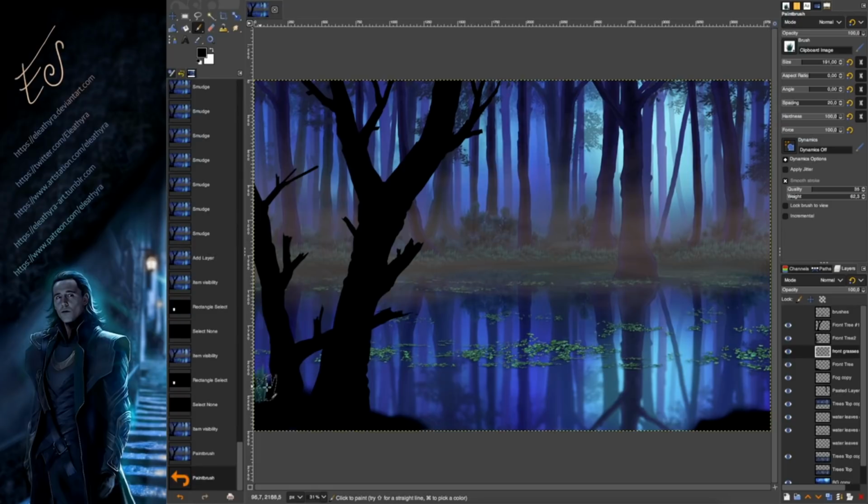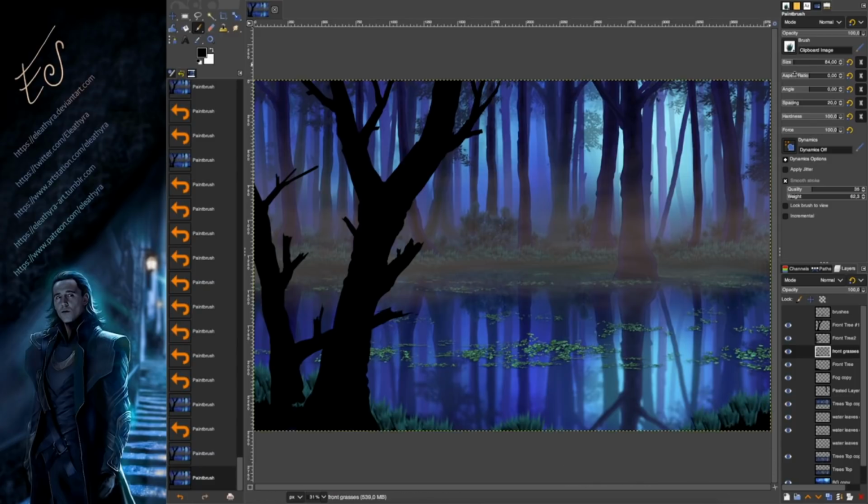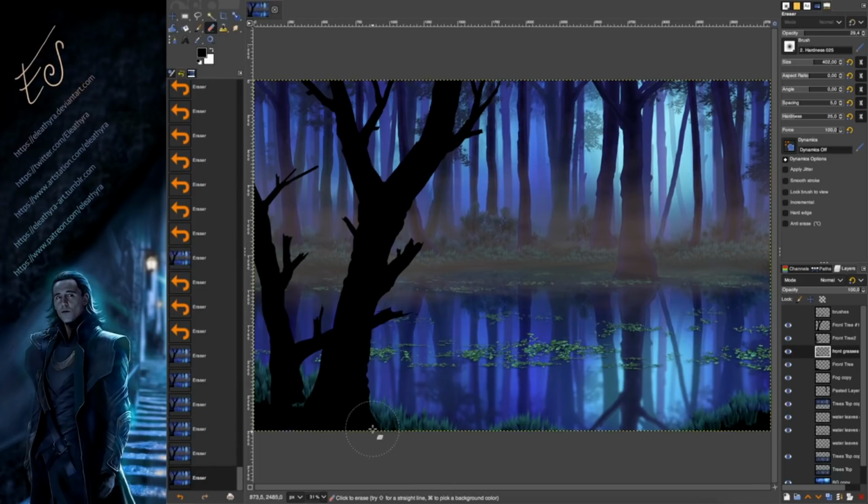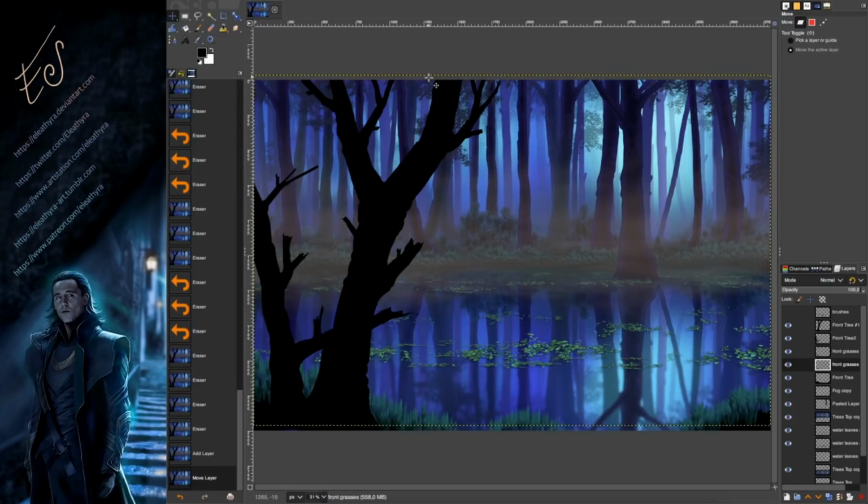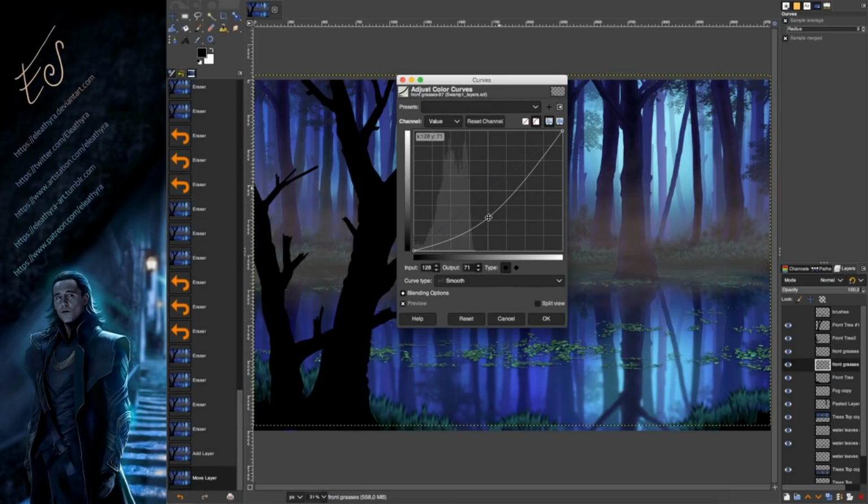But now I will take my grass again, copy it, use it as a brush, make it kind of big because it's close to the camera, and again just lightly, click by click, add the grass on top of these islands. Make the brush a bit smaller just to give it some more structure and variety. And then we will take a big soft brush with the eraser tool and make it blend into the dark background of the islands. I will copy that layer,